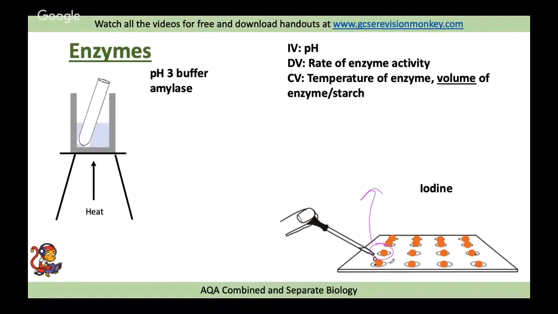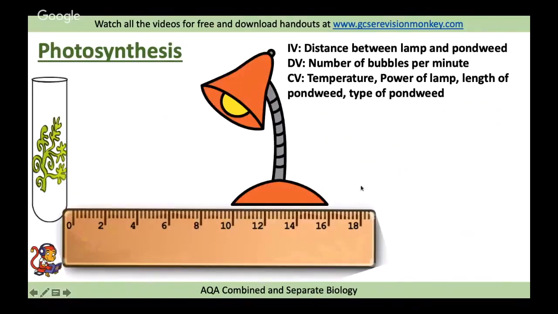So you do it every 30 seconds, 30, 60, 90, 120, etc. And let's say we got to this point and all of these were black and all of that stayed orange. We would know that the reaction had finished and the enzyme had finished breaking down the starch. Now, to calculate a rate from that, if you're doing foundation, I wouldn't worry too much about this, but higher tier, to calculate a rate from this experiment, we need to know the equation 1000 divided by time. Final one that I'm going to briefly go through is